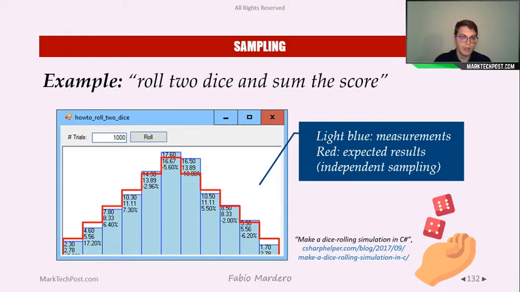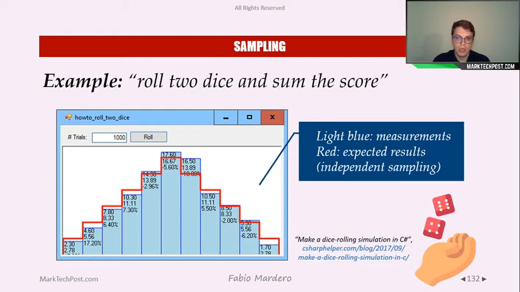For example, here let's look at rolling 2 dice, where we sum the score of those dice. In this graph we look at 1000 trials, and in the light blue histogram you can see the measured frequencies.